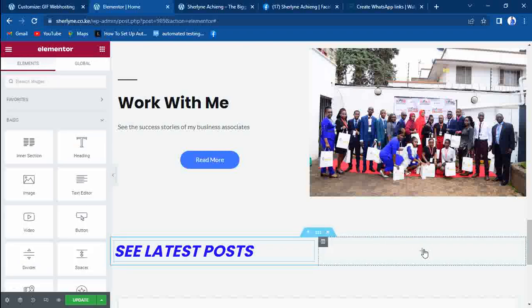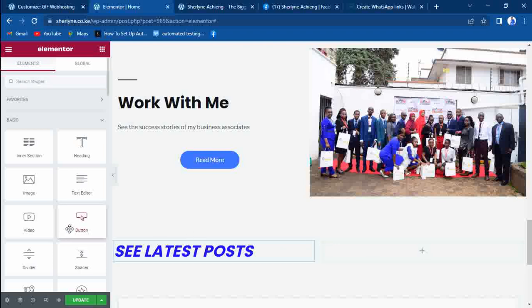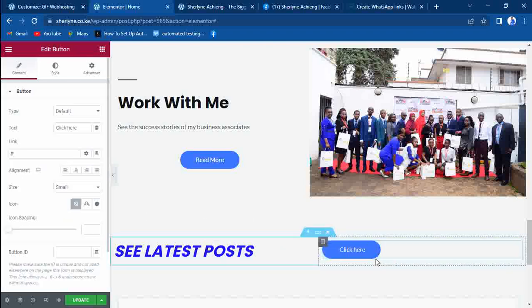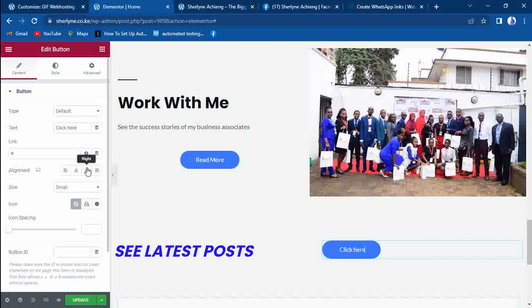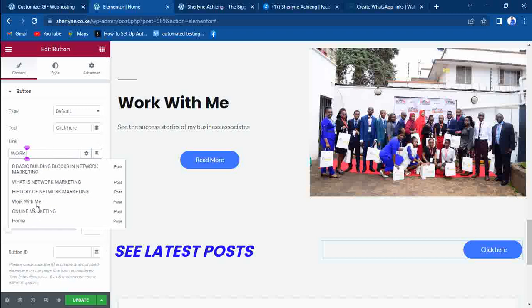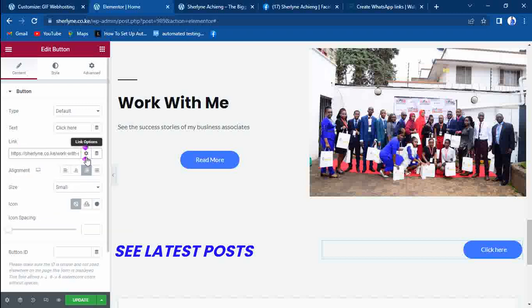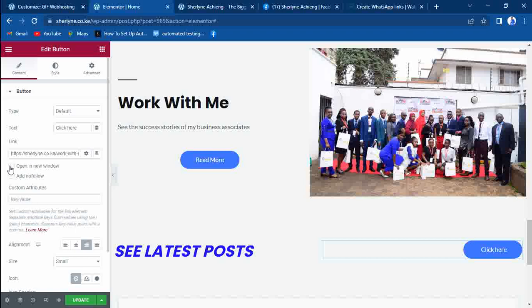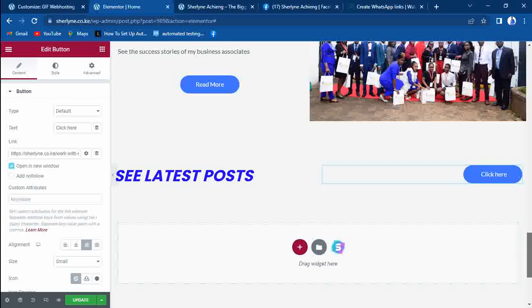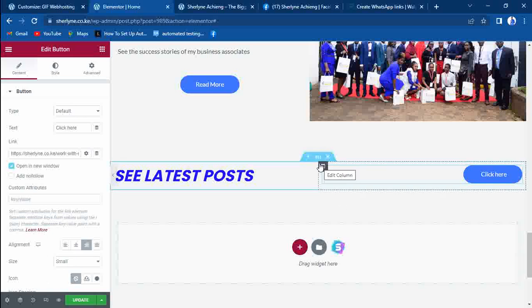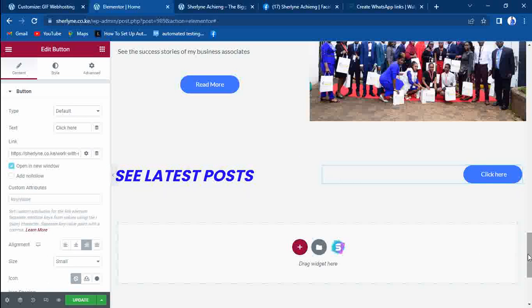And then this other side I may click and put in a button, and the button there I can put on the far left, or the far right actually. Let it lead to the page of work with me, because work with me is where I'll make so many posts. So most of my posts in this website will be going to work with me. Then after that, don't worry, my children is with me here. So there I add a new post. So what I do,